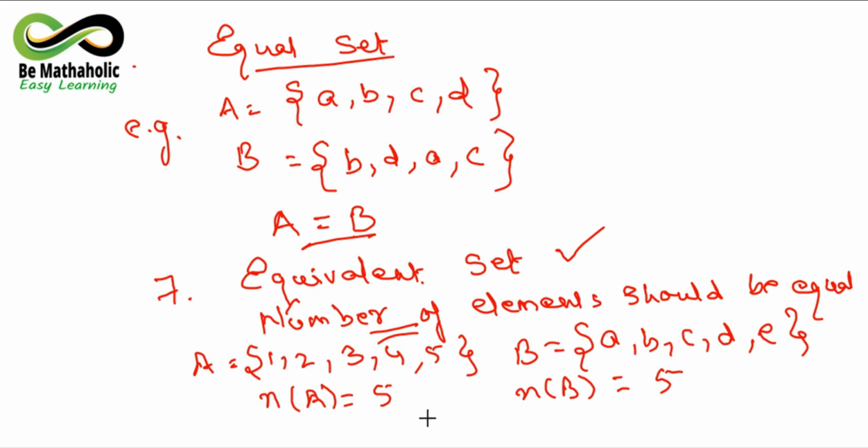The symbol for equivalent set is A, और इसके बाद आप इसमें 3 lines बना देंगे. This is known as A is equivalent to B. Let me make it more clear to you. Here you can mark it as this. तीनों straight line आपको दिखाएंगे, तो इस तरह से जब हम लिखेंगे तो A is equivalent to B. I hope I'm clear. Number of elements present in these two sets are equal, then this is known as equivalent sets. Okay, so I hope I'm clear with what all we have studied.